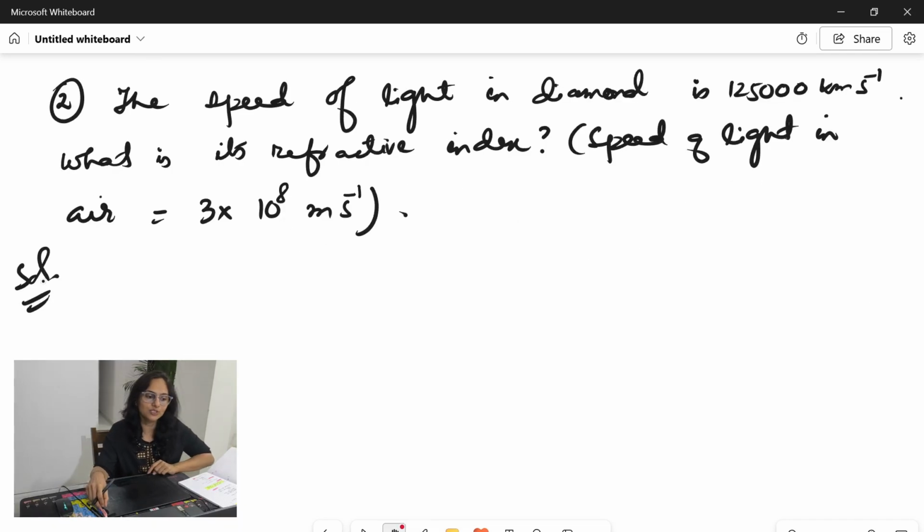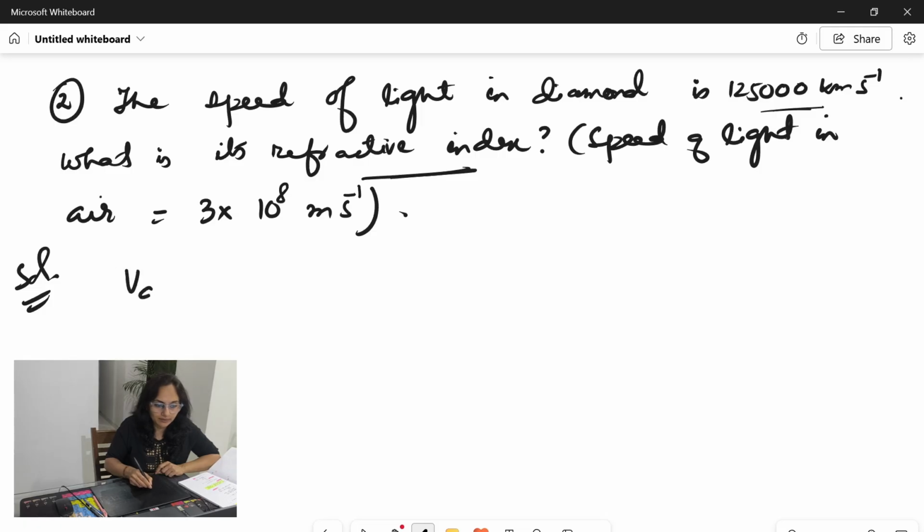Now look at this question. In this question, the speed of light in diamond is given to us, 1,25,000 kilometers per second, and we have to calculate the refractive index, and speed of light in air is also given, 3 into 10 power 8 meter per second. So how to solve? Let's see. So we will write that V diamond equals